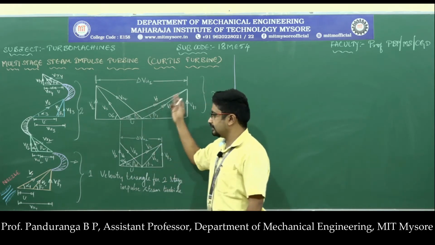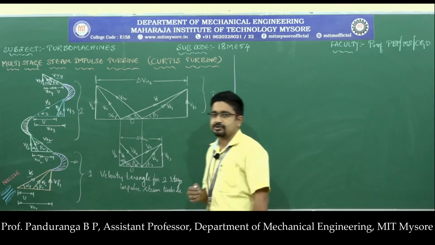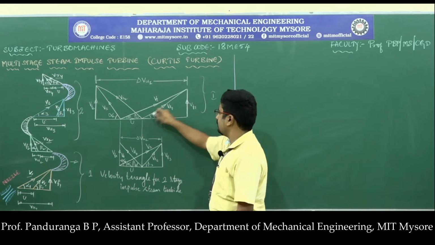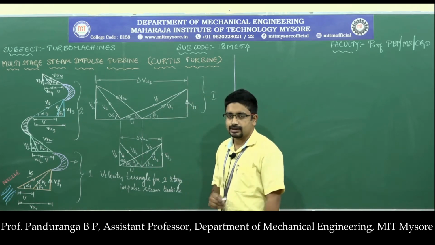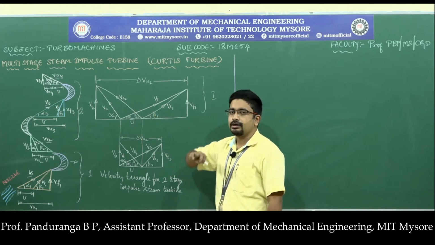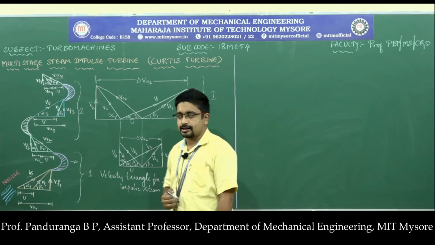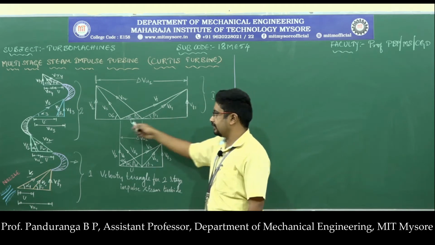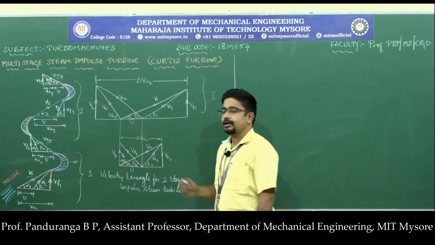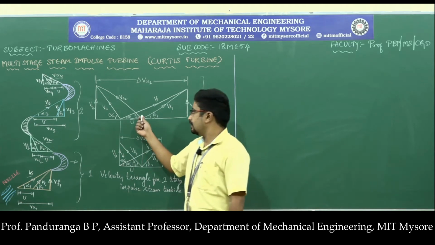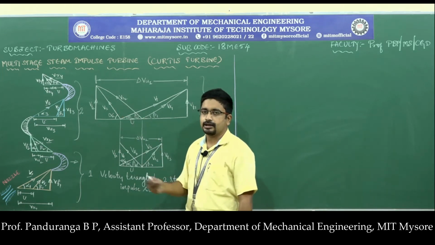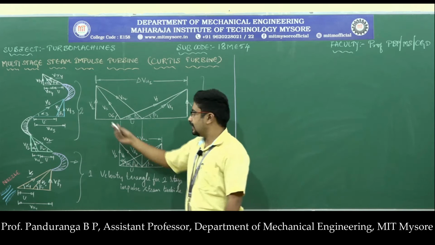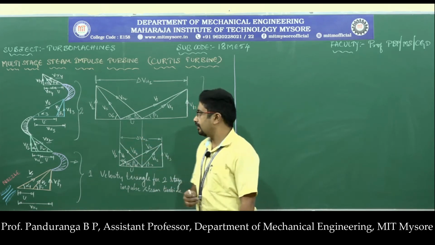Here we have V1, so the steam is coming out of the nozzle with absolute velocity V1 and angle alpha 1 with respect to u. Then we have Vr1 here with angle beta 1. This is the standard velocity triangle which you have to follow whenever you are drawing any velocity triangle. V1 can be resolved into horizontal as well as vertical components. The vertical component is Vf1, and the horizontal component from here till the end is Vu1. Then the steam comes out of the first moving blade with relative velocity Vr2 and angle beta 2, and the absolute velocity will be V2 and angle alpha 2.